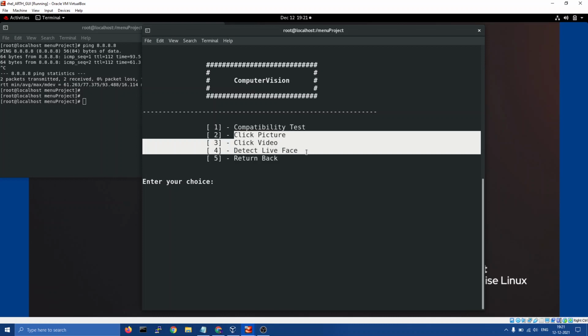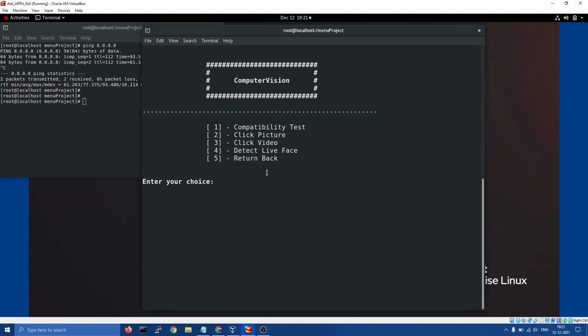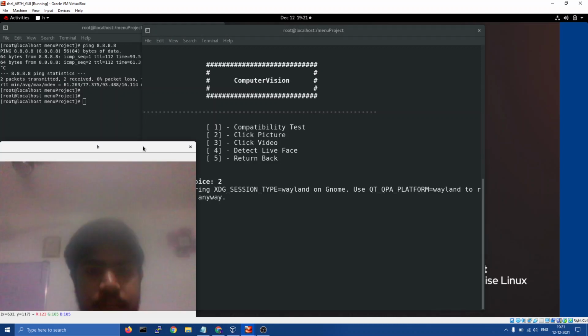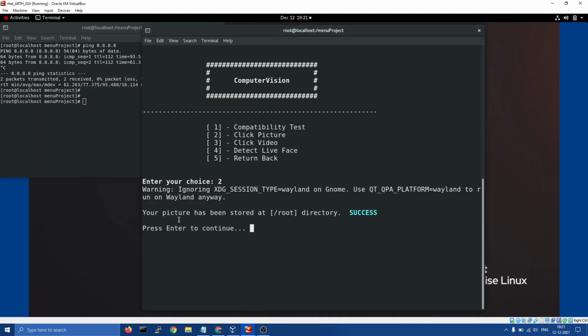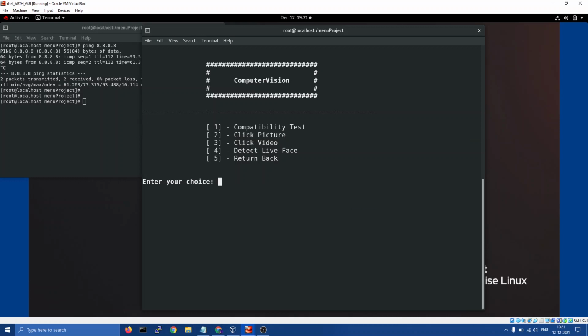I have added only 3 options, as I have only just started learning OpenCV. Let's see the second option. My webcam quality is not good, but it has taken a picture and here it is showing. Your picture has been stored at the root directory, meaning yes, you have clicked the picture, and a success code is given.